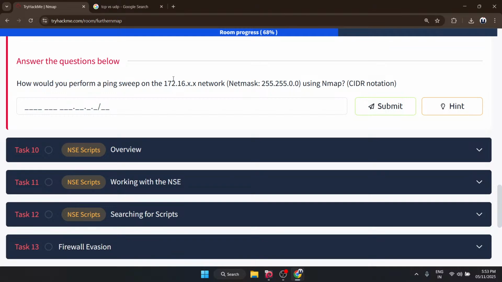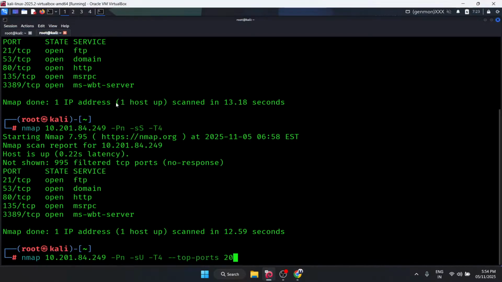Now, how would you perform a ping sweep? It's saying that you just have to ping all the systems and check if they're available or not. Just like I did in the past, right? Like for example,